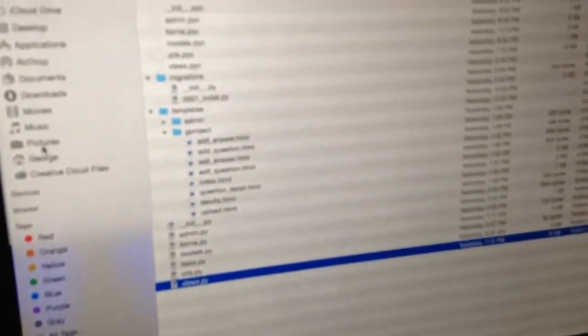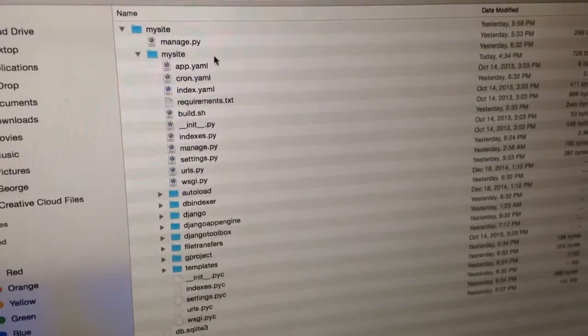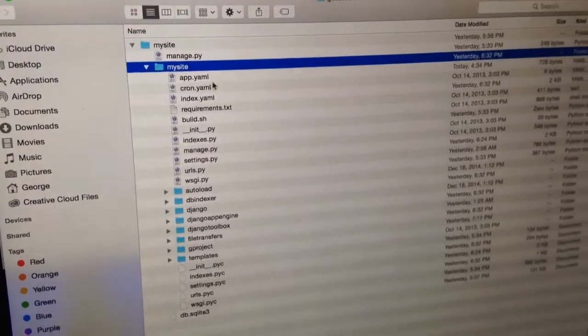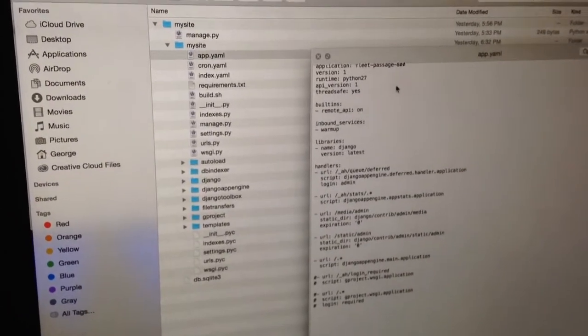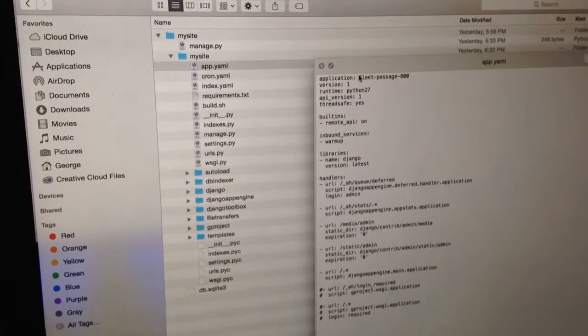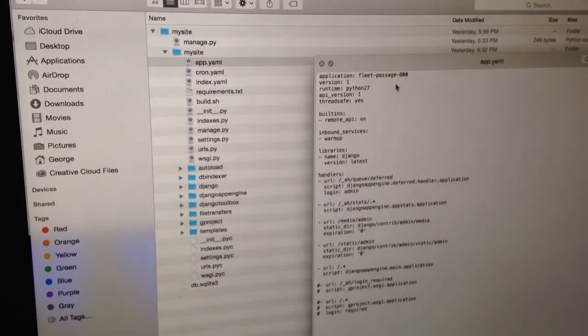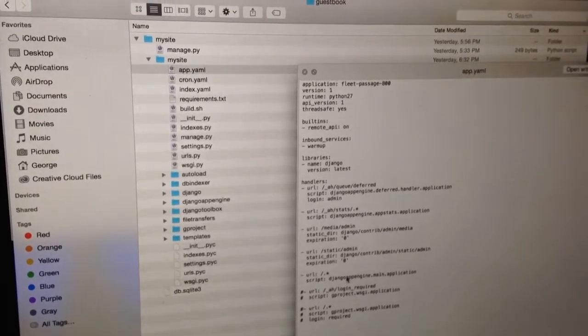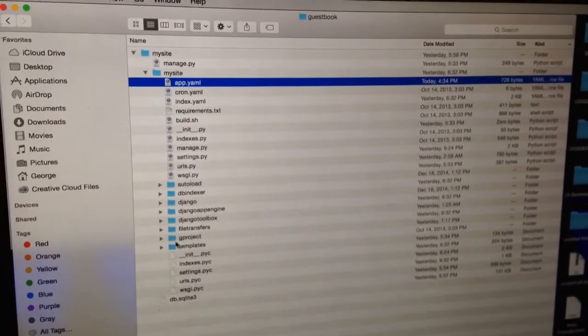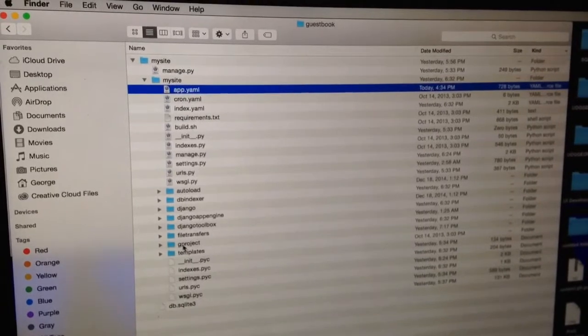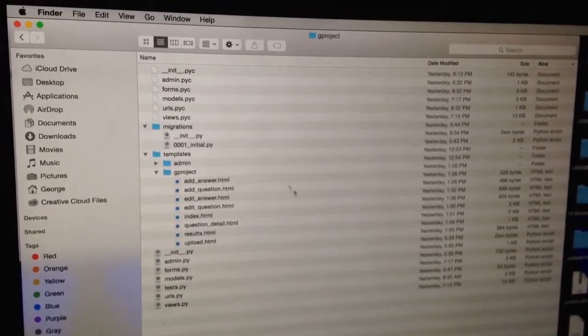It's here under my users directory, George, here under guestbook, and under my site. Here is the main information for running Google App Engine. I've been having some issues primarily with this application ID and uploading it, but I think it's probably due to the URLs for login. Just real quick, so I created the app known as gproject using the Python command, and